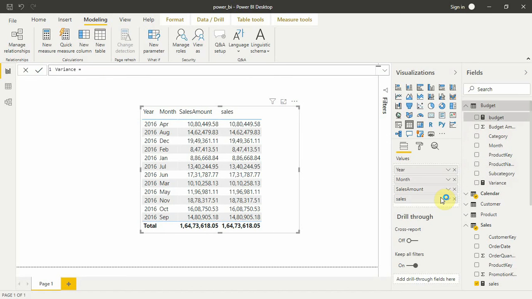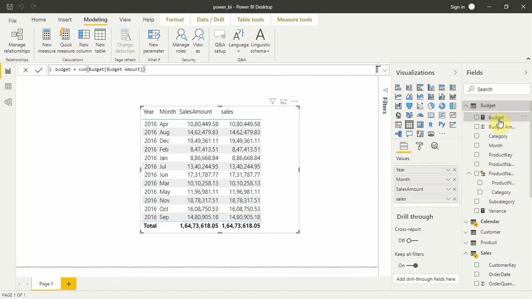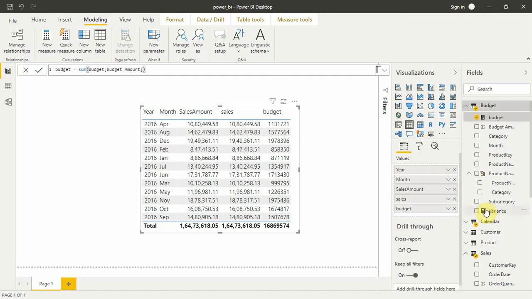The budget we added because variance is budget minus sales. We'll add budget here first. And let's go to our variance measure and complete it. So variance is, I think, budget minus sales. No, sales minus budget. So variance is sales minus budget. Yes.